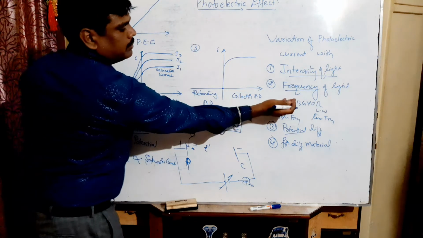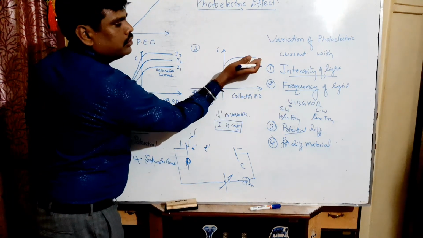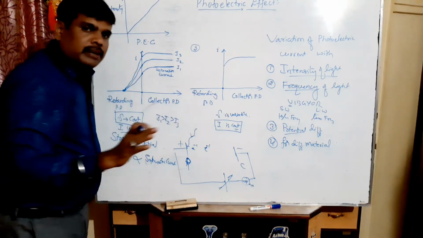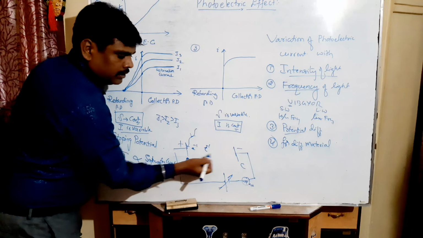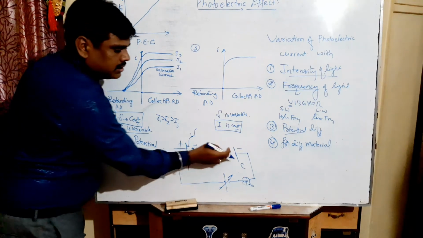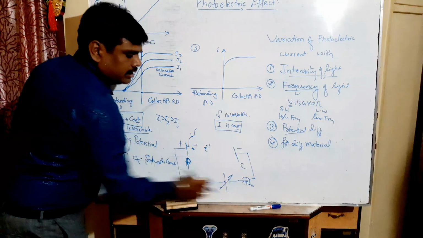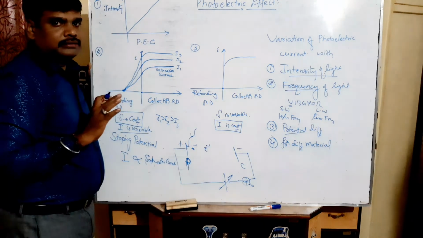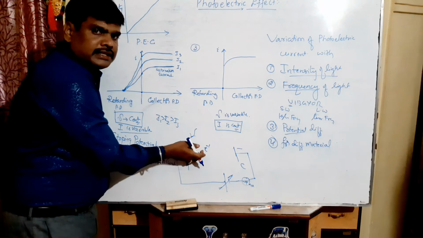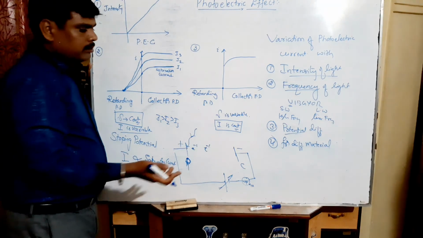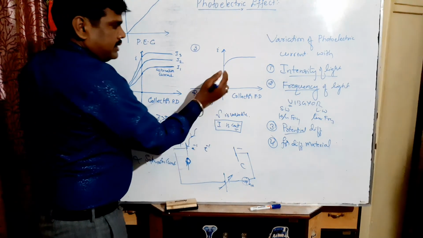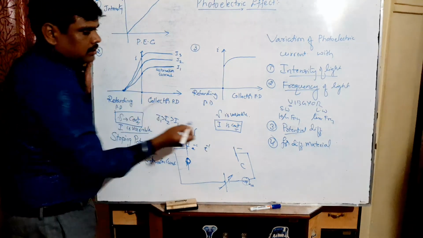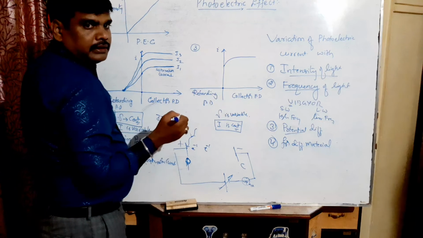Again, if you increase the collector potential difference, there is no increase of photoelectric current, because all the electrons which are already emitted are received by the collector and there is no further emission of electrons. That's why these electrons continuously circulating cause a constant photoelectric current. If the number of electrons increases, photoelectric current increases. But here we are increasing at constant intensity.